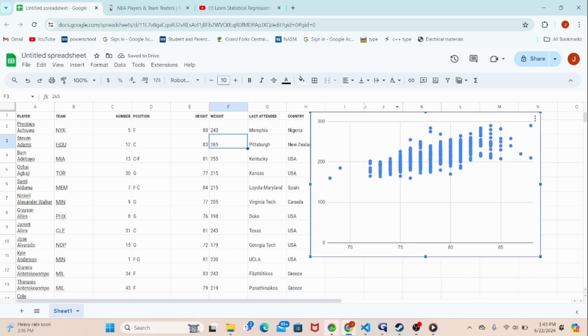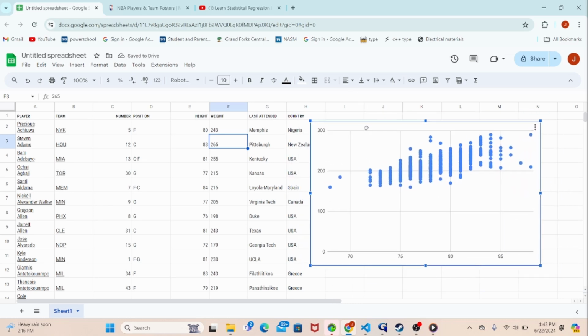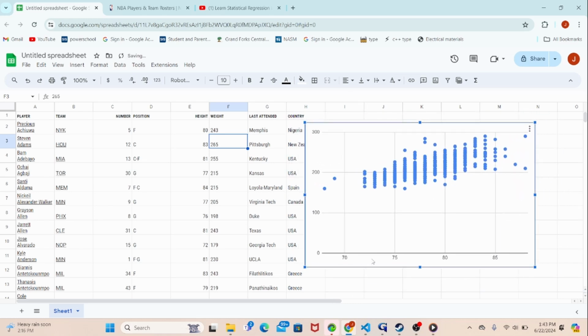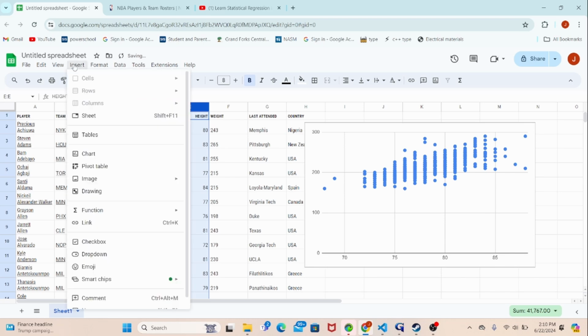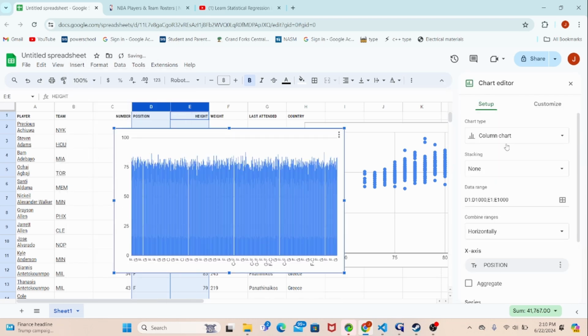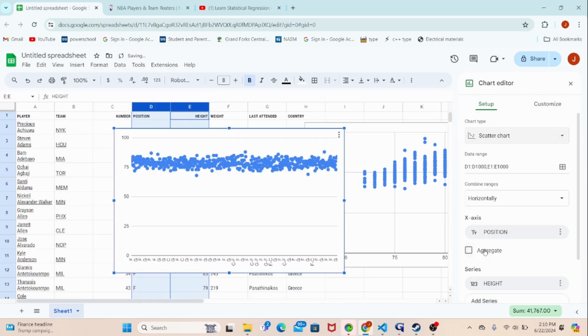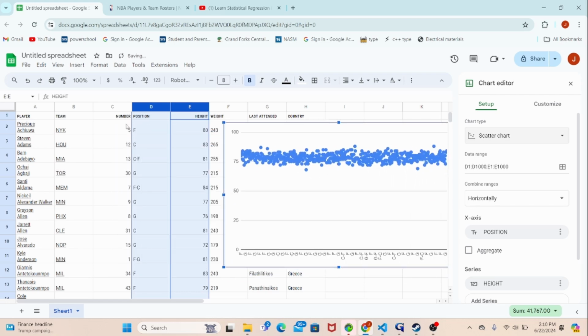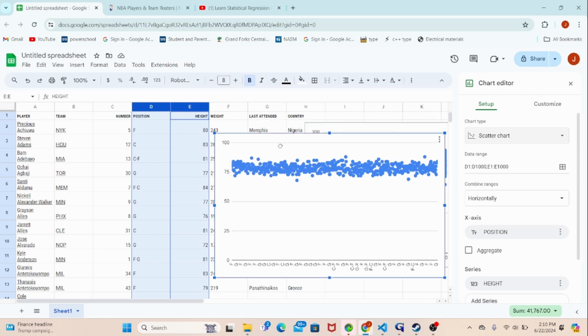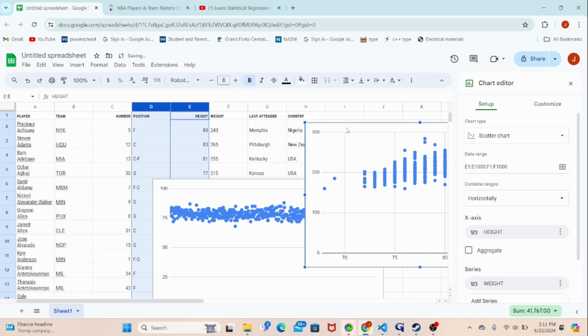Now you can see that our scatter plot looks a bit more normal. We have every height in inches on the x-axis, and every weight on the y-axis. Now, if we try to plot position versus height with a scatter plot, we see that we come up with something weird. The reason why is because position is not in numerical format. It has alphabetical letters. So we have to convert these letters into numbers so that we can work with the